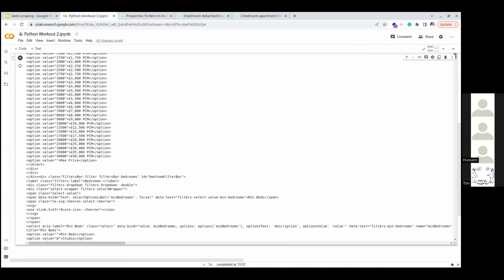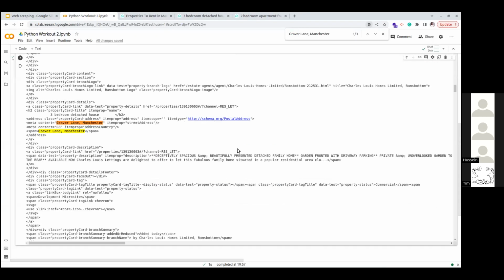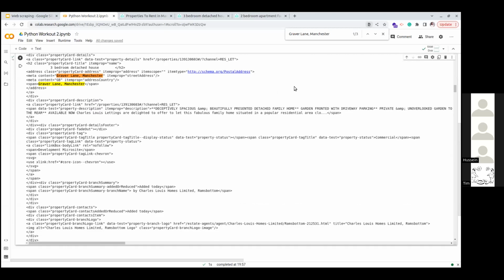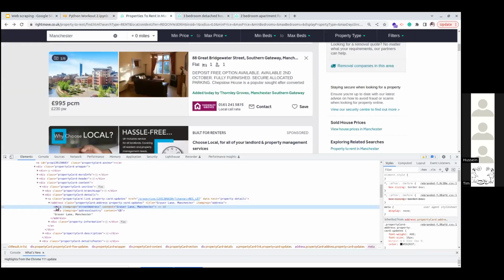So how we can know that it's there is that this is too much. You can see what I'm saying. So you see that it's actually there. It's just that things have changed, right? So you can see that when we check for Graver Lane here, it is inside this meta thing.